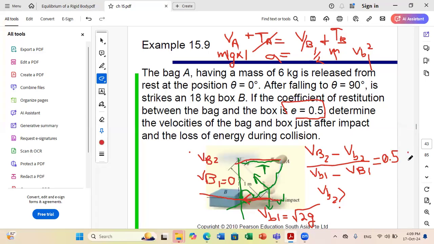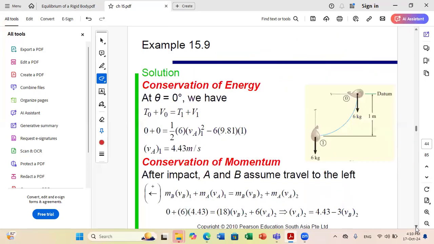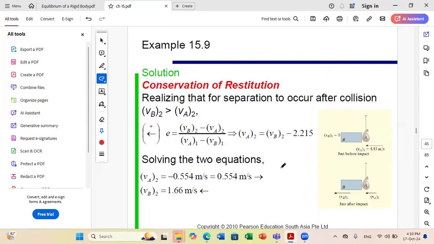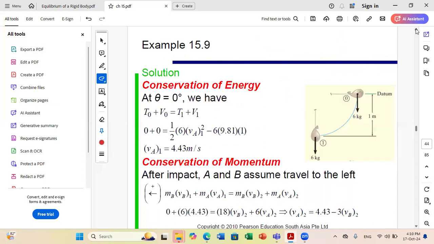This is equation number 1. Now, what will be the second equation? Conservation of momentum. Exactly. I take the whole system, bag plus box, and I apply on it conservation of linear momentum. So my equations will be first the equation of restitution, and second the conservation of linear momentum, which